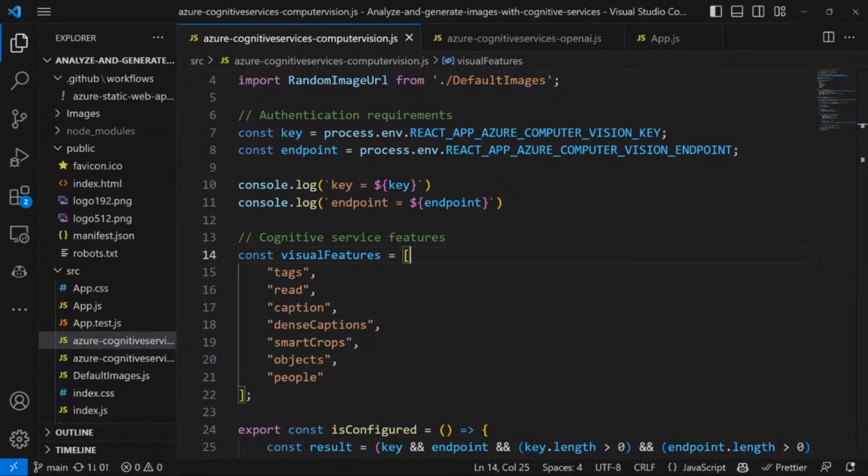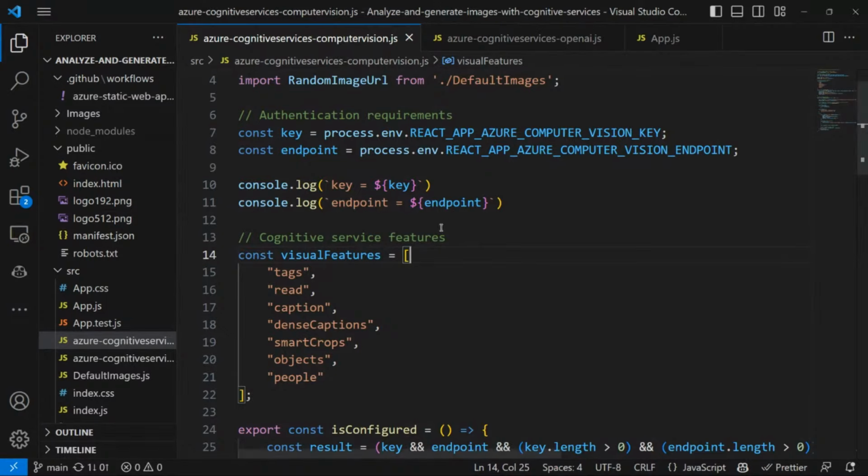This is an app developed in JavaScript using the React JavaScript framework. And we have here two isolated, specific modules, one for the integration of the Azure AI Vision API, and one for the integration of the Azure OpenAI API. At the top of this JavaScript file, we configure the key and endpoints of the computer vision resource, together with the visual features we'll be specifying when calling the service. So you see tags, read, caption, everything we have retrieved also in the